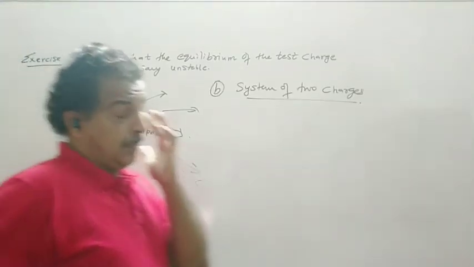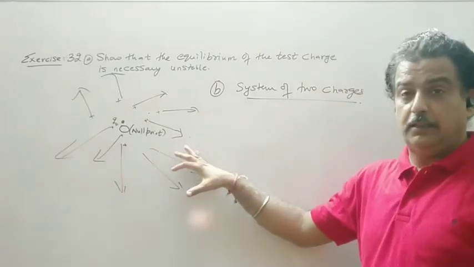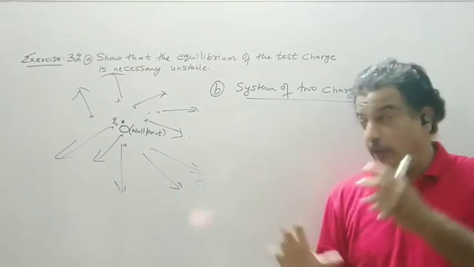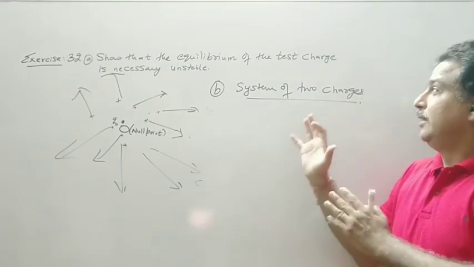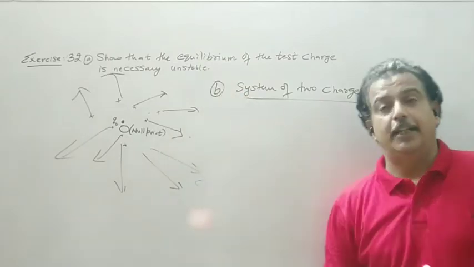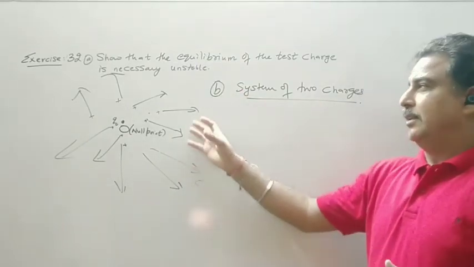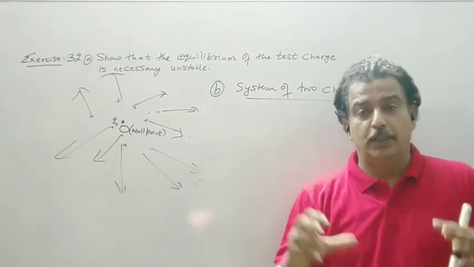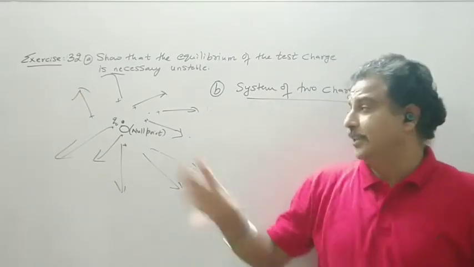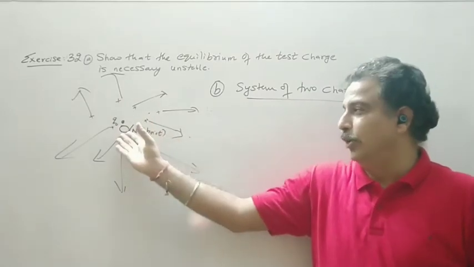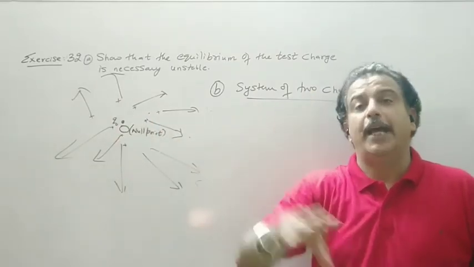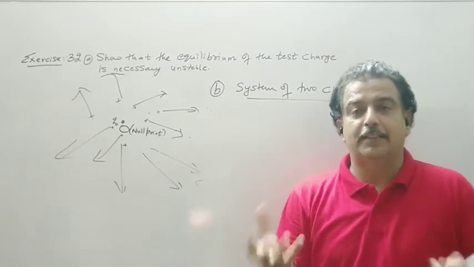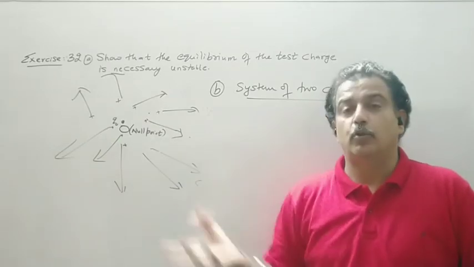Now let us understand or verify this result for the system of two charges. Now here it will be more clear why the test charge is necessarily unstable. Here the electric field has an arbitrary configuration, so it is a little bit confusing to understand this. But remember, whenever I move it, the restoring force should act on it, and the restoring force will only act when there is some negative charge enclosed in the Gaussian surface.